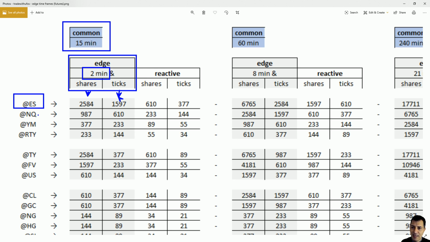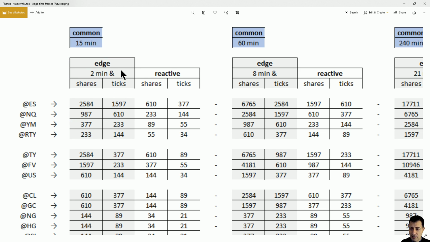And if it was to be the NASDAQ, because liquidity parameters are different, you will end up having different figures. But my point is that with the futures markets, and by the way, the reason why is that futures markets are centralized. So with the futures markets being centralized, apart from the time frame for edge applications, you use shares and ticks,